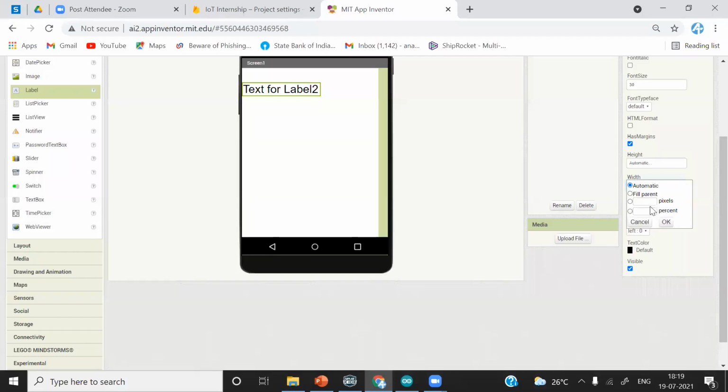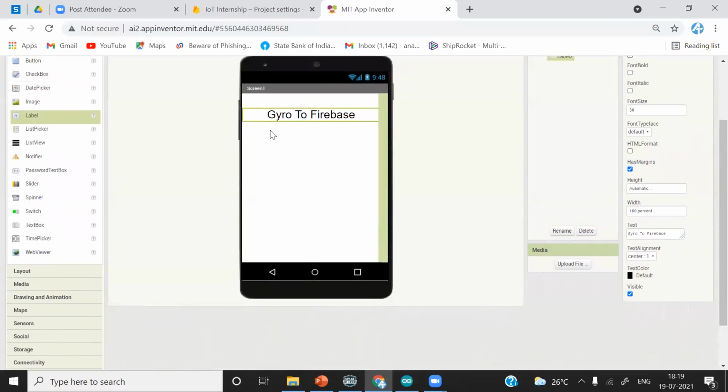I will change the width to 100 percent, make the text alignment center, and change the text to Gyro to Firebase. You can see this here.